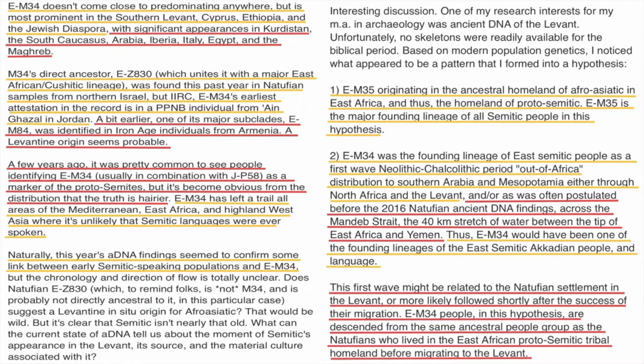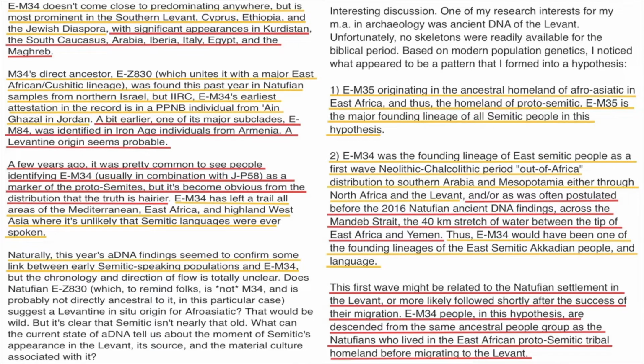This right here actually goes a little bit further into it. It says, E-M34 doesn't come close to predominating anywhere, but is prominent in the southern Levant, Cyprus, Ethiopia, and the Jewish diaspora, with significant appearances in Kurdistan, the South Caucasus, Arabia, Iberia, Italy, Egypt, and the Maghreb. M34's direct ancestor, E-Z830, was found this year in Natufian samples from northern Israel, but IIRC